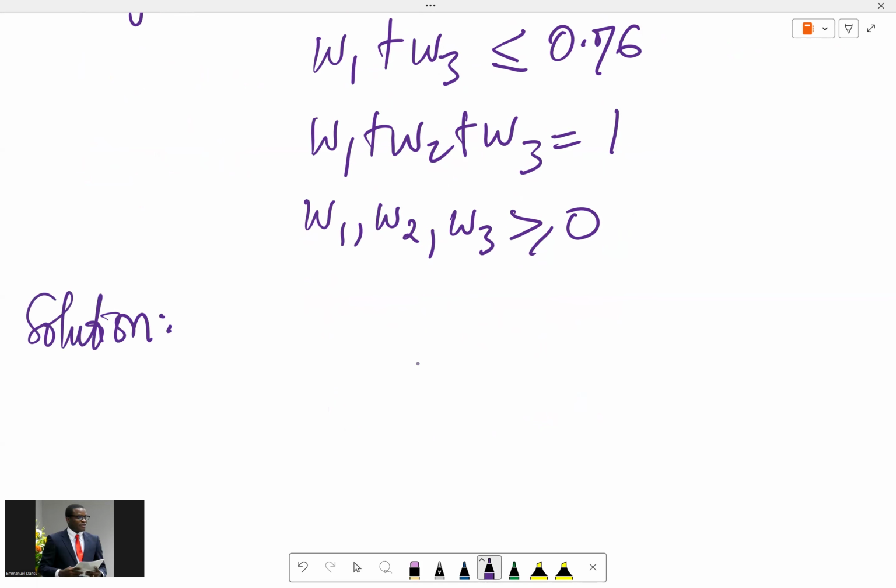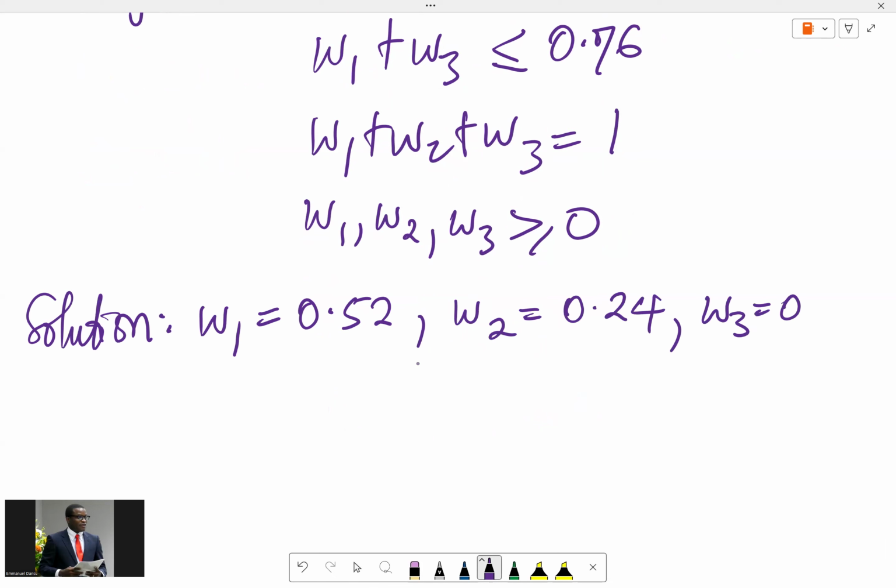The solution in this case would be W1 is now 0.2. So you see, you have shrunk the feasibility region. So W1 is 0.2, W2 is 0.24, and W3 is also 0.24,